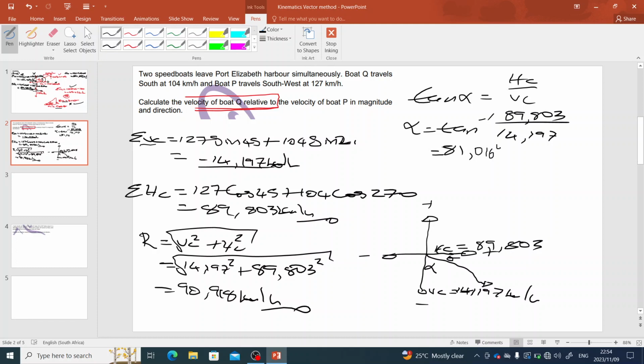degrees. Now we know that our quads are made up of 90. Then in calculating theta, it will be 90 minus that 81. 90 minus that 81, then we get our answer. Then I got my angle there as 8,983